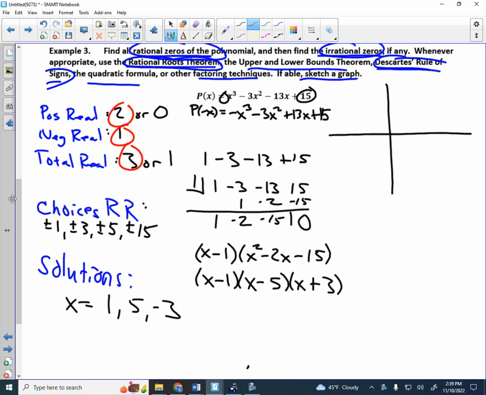I can now graph it. 1, 2, 3, 4, 5, and 1, 2, 3. I plot the negative, what do we have? Negative 3, positive 1, and positive 5. And it looks like